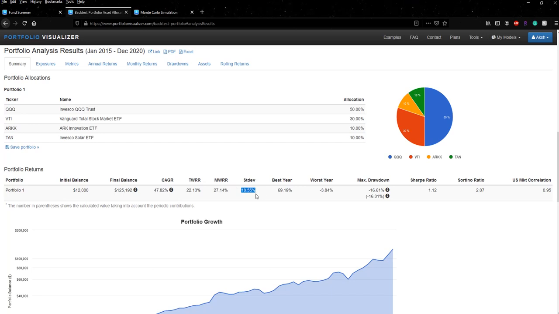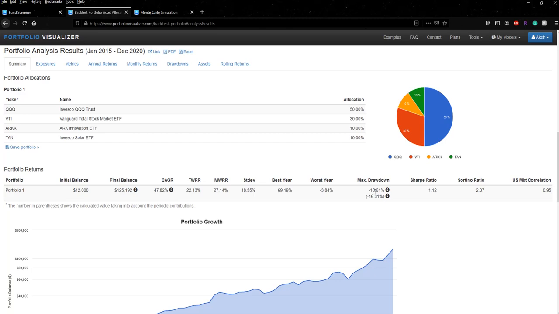As you can see, the return is higher and so is the risk, and that's the trade-off that investors have to make. With this portfolio, if you are young and if you want to do it for your Roth, you could take it since it has a higher return. However, you will also be facing higher risk. You can see this portfolio had the best year of 69%, the worst year of 3%, and the maximum drawdown, which is the maximum amount of loss in a particular year or particular month you suffer, is